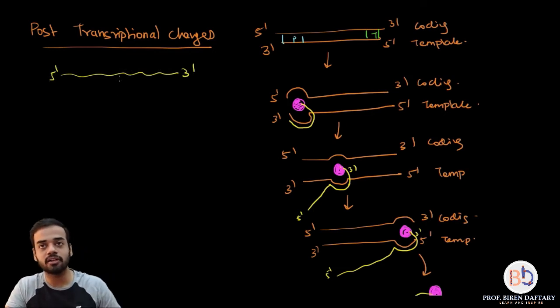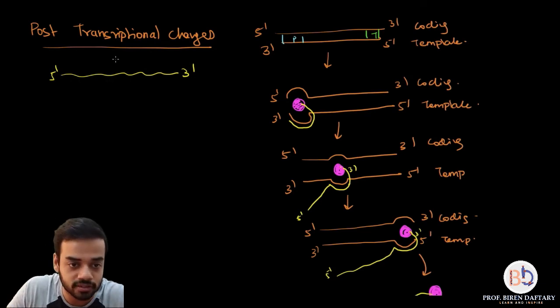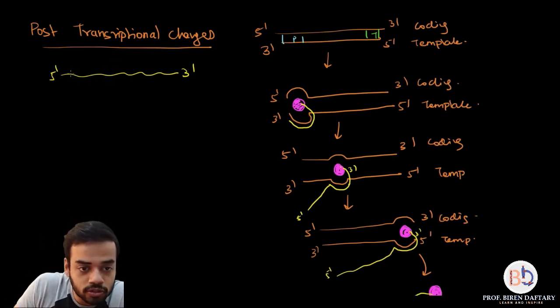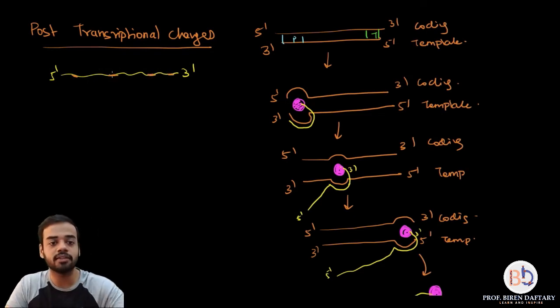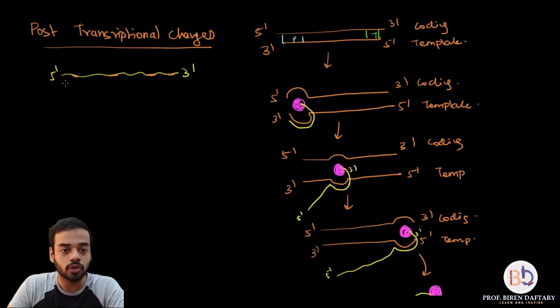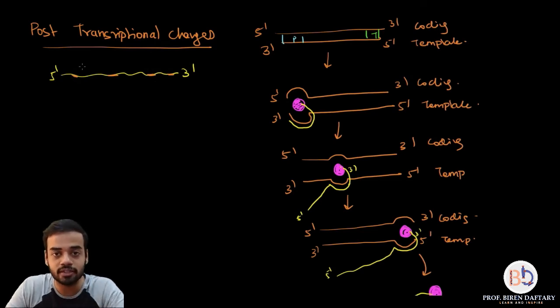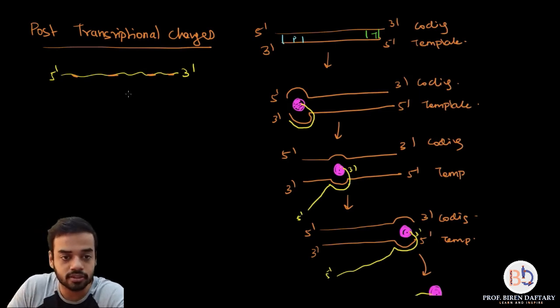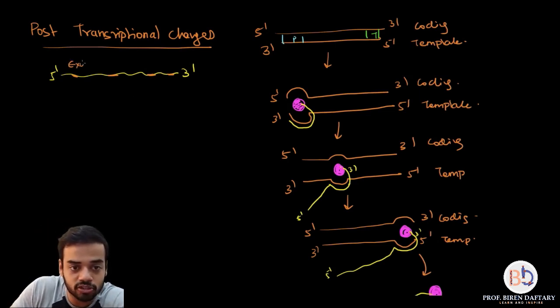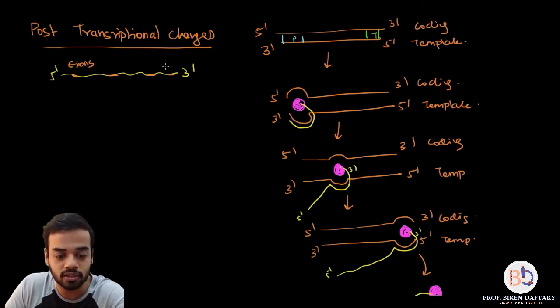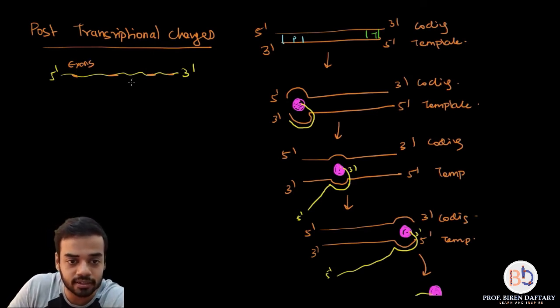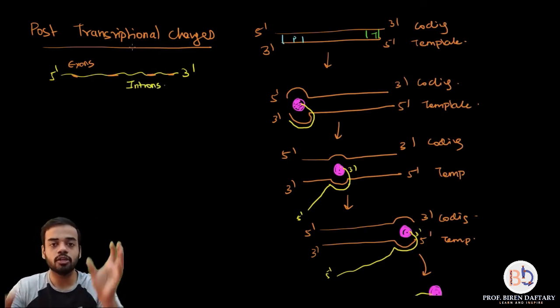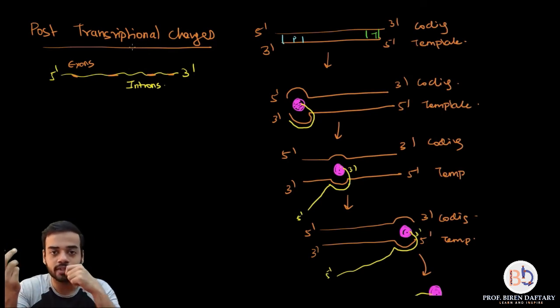Now this primary transcript has got 2 types of regions. Okay, so I'm going to show these orange regions in between. I hope you can see them. Okay, and there are these yellow regions also. Now this crude mRNA which is formed, it is made up of 2 types of regions. Okay, some of the areas are called as exons. All the orange areas are exons, and the yellow areas I can write them as introns. Okay, so there are 2 types of areas, introns and exons. They are alternate to each other.